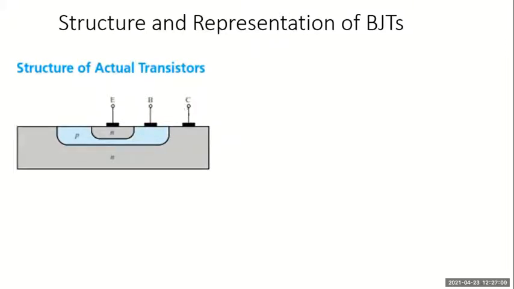Basically, when we fabricate a bipolar junction transistor, it is done like this. Fabricating means growing on a single layer of silicon, on which we grow the N layer, P layer, N layer and all that to form the actual BJT. We need particular thickness, particular doping concentration. All this you will be studying in VLSI. When we study the subject VLSI, you will study how exactly a transistor is made.